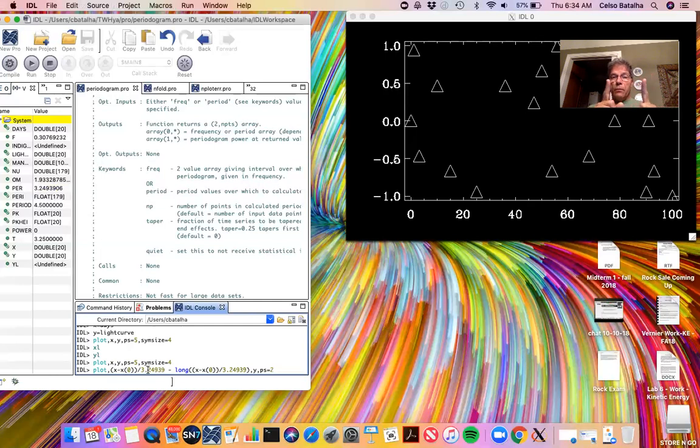Basically we are finding how many periods we have. If you take an observation of 100 days, how many periods do you have within 100 days? Let's say the period is 25 days, just to make it simple. So we would have four perfect